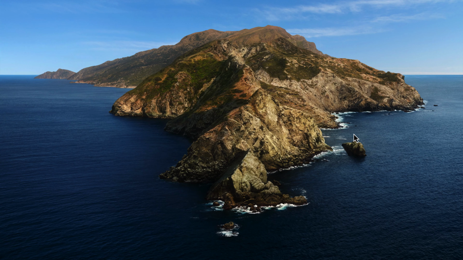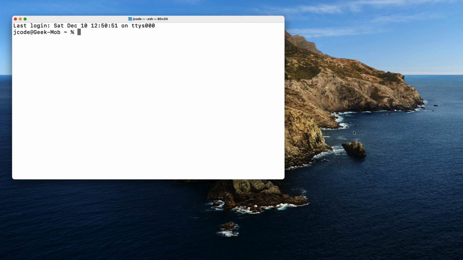Homebrew requires Xcode command line tools. So let us first install xcode-select. Open your Spotlight by pressing Command Space and search for Terminal. In the Terminal window, execute